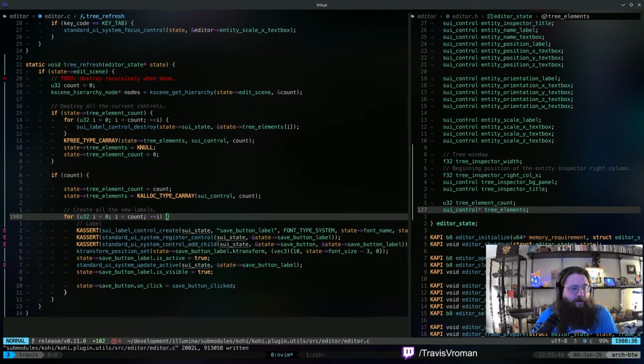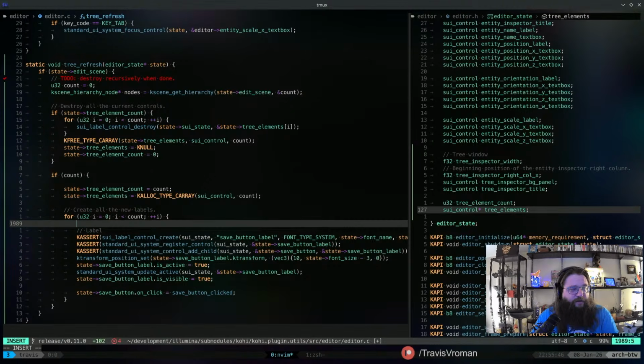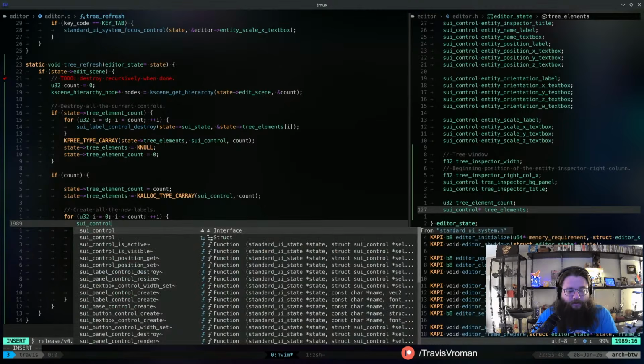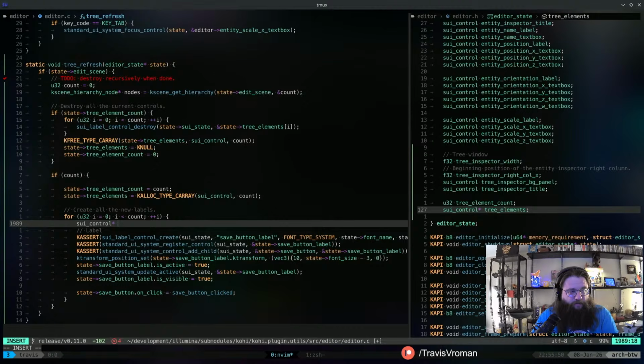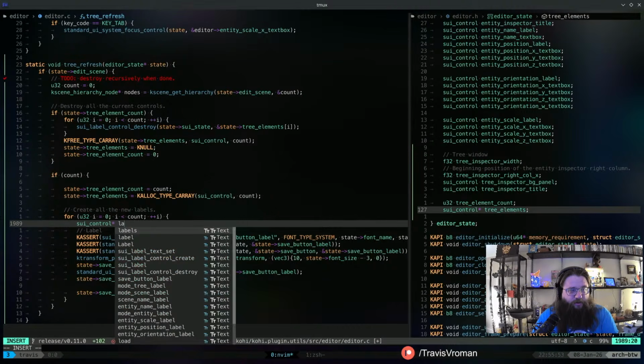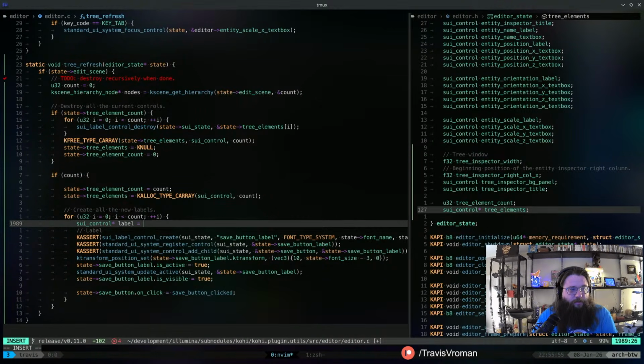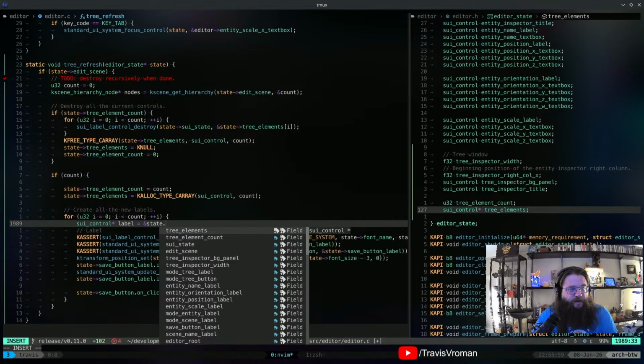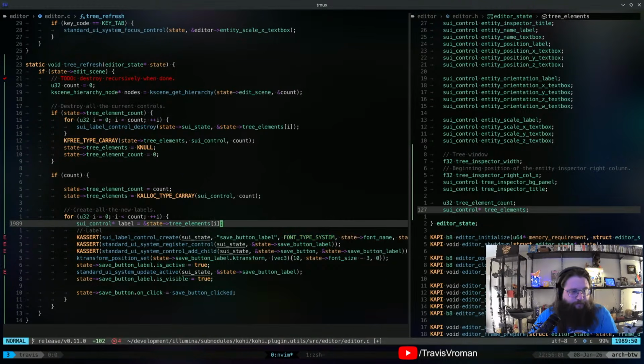And then here, what we can actually do is SUI control pointer, and we'll just say label equals the address of state tree elements sub I.